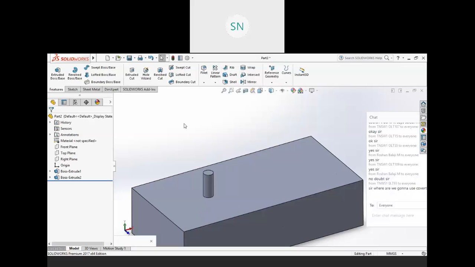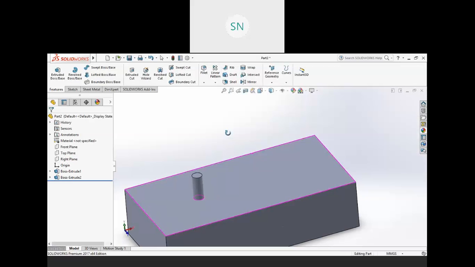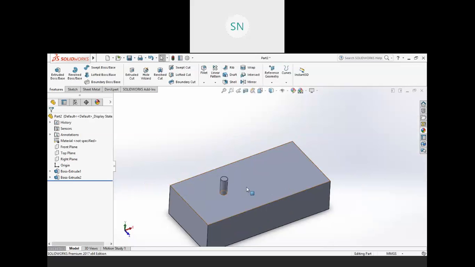For the curve driven pattern, if you know about AutoCAD, then we have a path pattern over there, the path array. The same way we have it here, similarly a curve driven pattern.